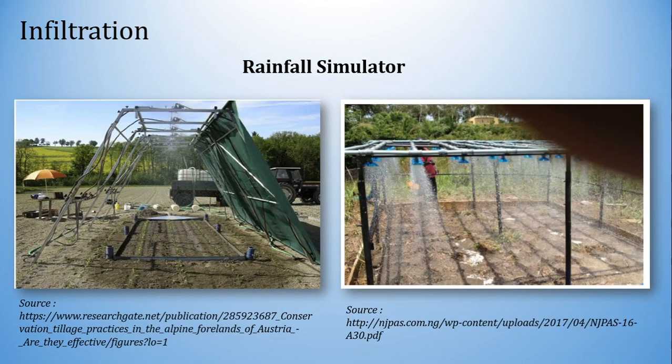So for understanding, I have downloaded some figures from the internet. These are the rainfall simulators which are useful to find out the infiltration. So here in this case, infiltration rates will be somewhat lesser than that of the flooding type of infiltrometer, because here due to rainfall simulation there will be turbidity involved in infiltration, which will obstruct the infiltration and thereby reduce the rate of infiltration.